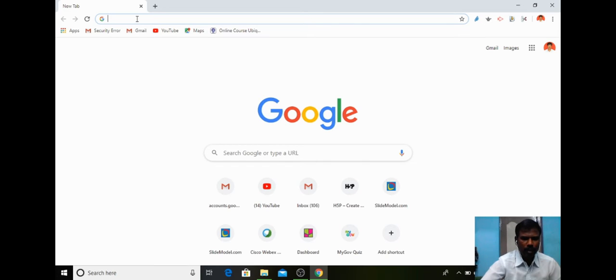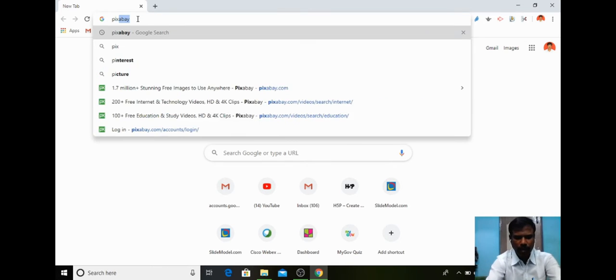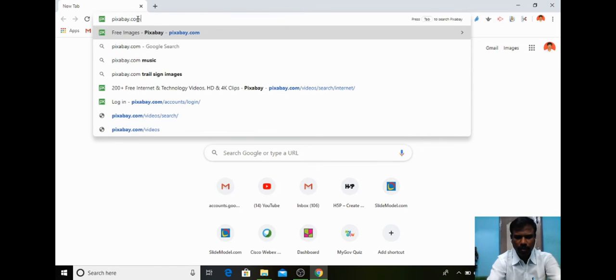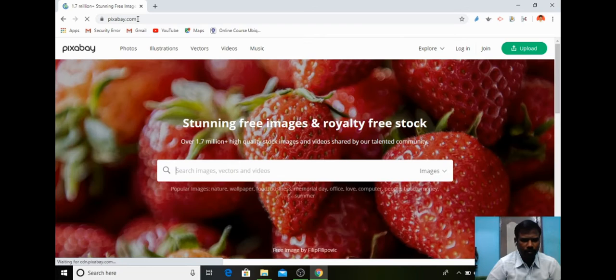So open a browser, on any one of your laptop or computer or even in your mobile, and type pixabay.com. So you can see the website of Pixabay. Here you can download free images, that is royalty free images. You can use it, you can modify the images, and you can redistribute to others. So you need not give any subscription or amount to this website owners.